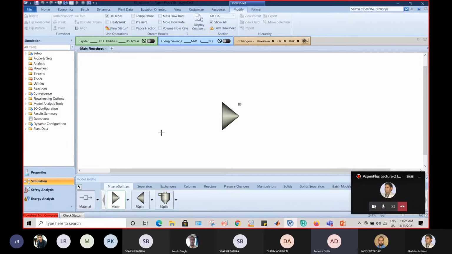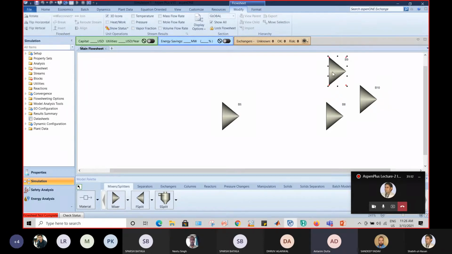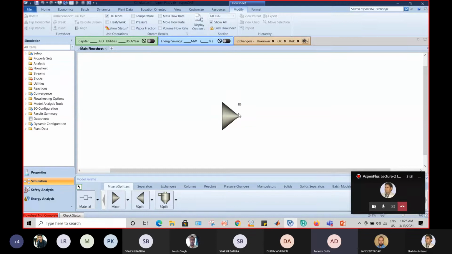Otherwise, what will happen if you don't cancel it? If you click n number of times, you will be adding your models or streams n number of times, which is unnecessary. It is not required by us. So keep this in mind while you draw flowsheets, because by mistake students, and sometimes even we, add equipment or streams which are not required. So we should remember to click the right mouse button or navigate to this option to cancel the insertion mode before moving ahead with our process flowsheet.